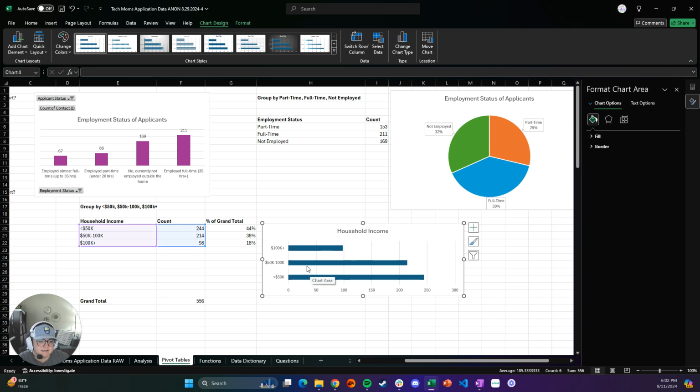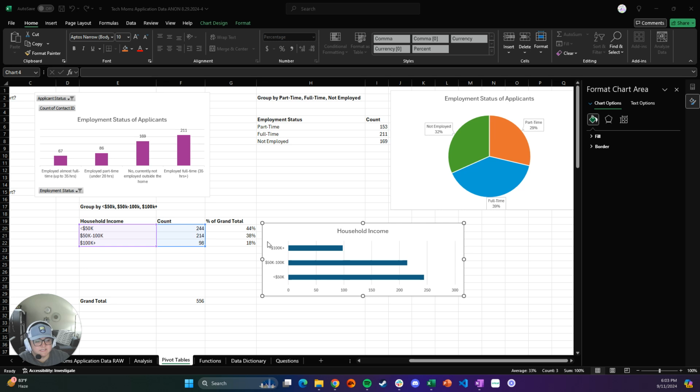And then I can see that starting at 100K down, these are the different groupings. Again, we can go and customize. Maybe I want to turn on axis titles. Maybe I want to turn on data labels to get exact values or exact numbers. Something that's pretty sneaky that I want to show you is